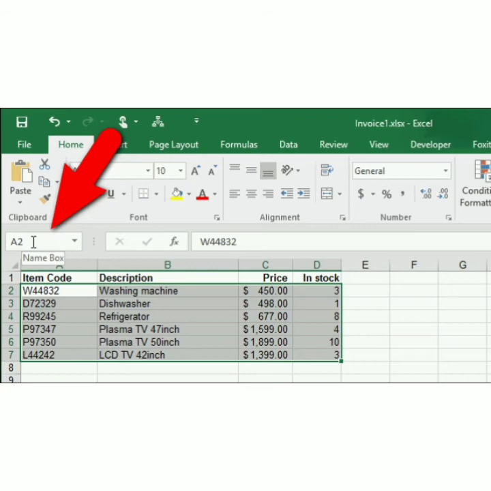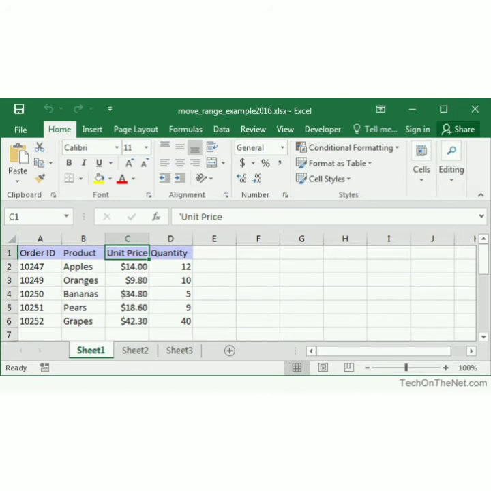First, I'll tell you about column range. Column range refers to the range of cells spread across the columns. In this type of range, the column letter is constant, whereas the row number varies. For example, a column range that includes rows 1 to 10 of column B will be written as B1 to B10.